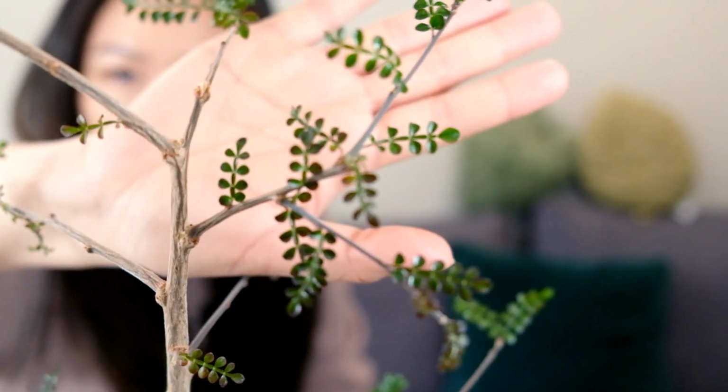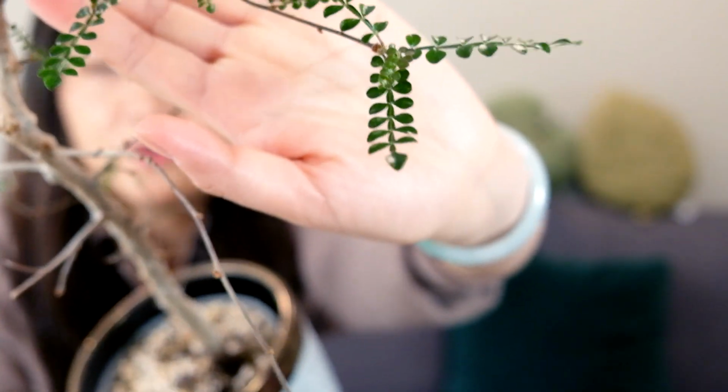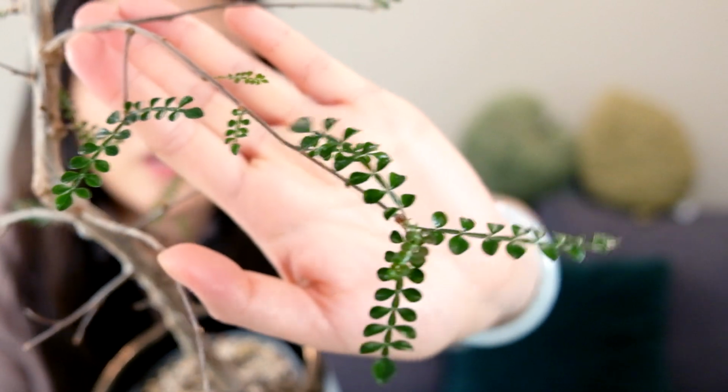See, so these are the tiny leaves that grow on this tree, and as I mentioned in the earlier video, it's quite delicate. It's easy to take care of, but it's delicate. And I think I mentioned in the first video that I bought this plant from Crystal Star Nursery in the East Coast, and when it arrived, it dropped all the leaves. And I assumed that it was because of the shock from the shipping, which I still think it was, but it was also the